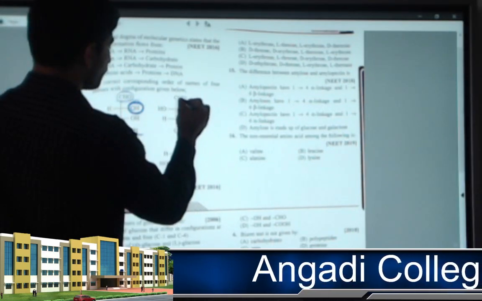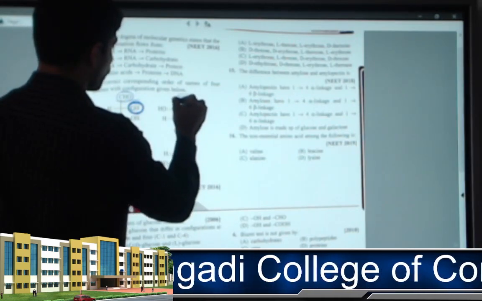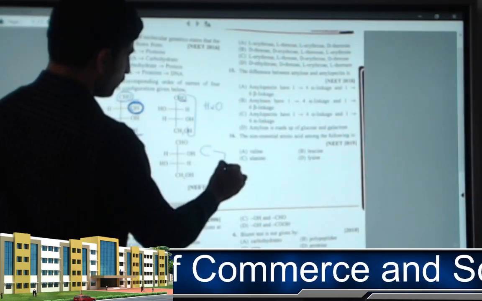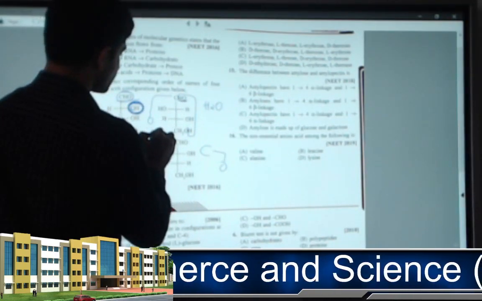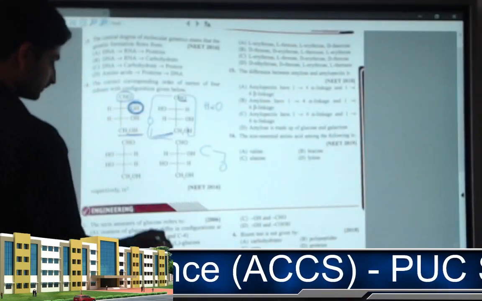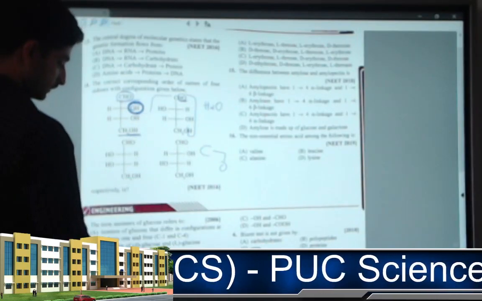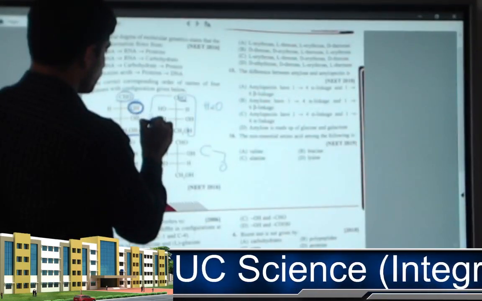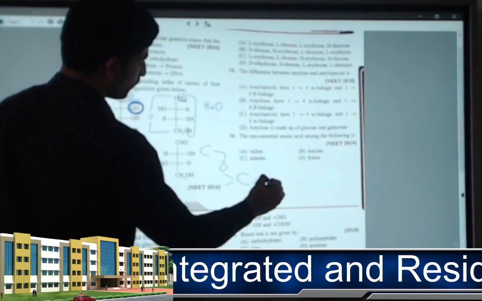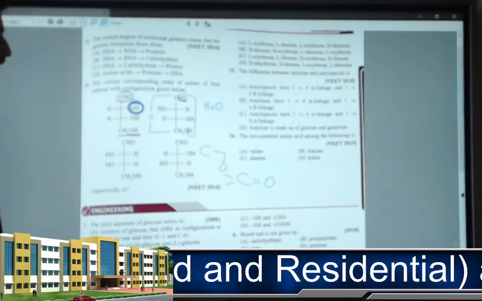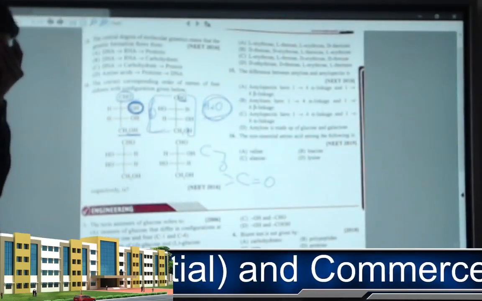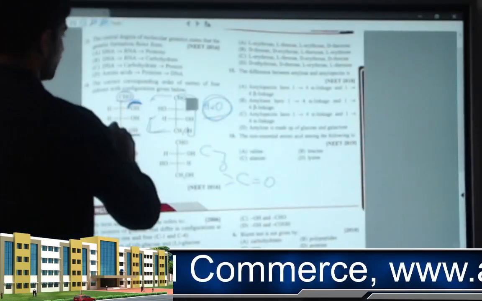Here the OH can combine with the H of this and going to form what? Water. So what is left? A C-O linkage, a carbon oxygen linkage will be formed, and as a result what are you going to get? A double bond to O, because of the formation of the water molecule and the formation of this oxygen structure.